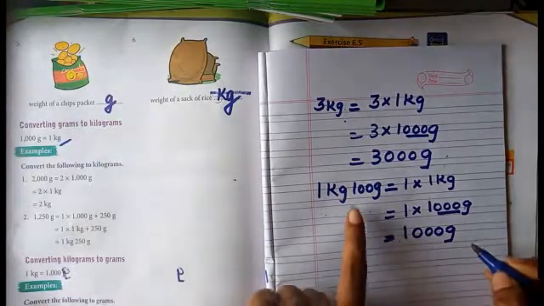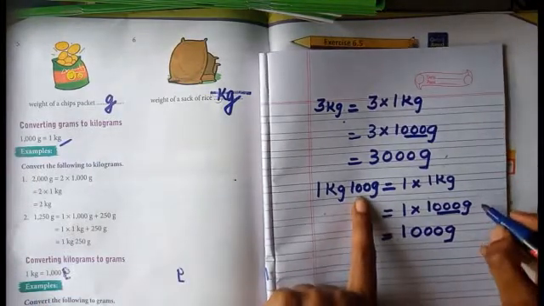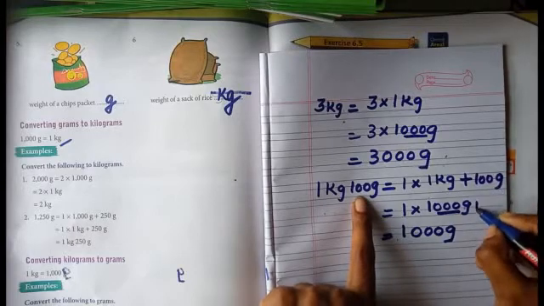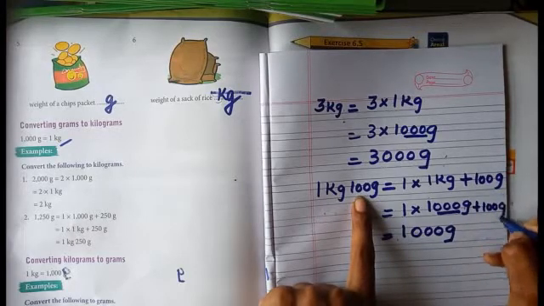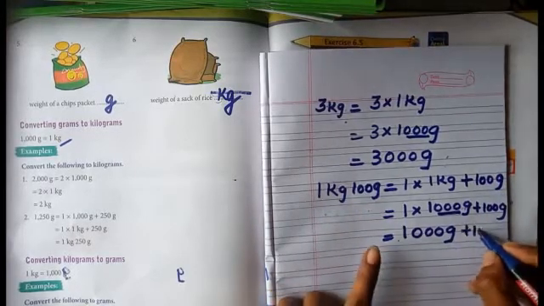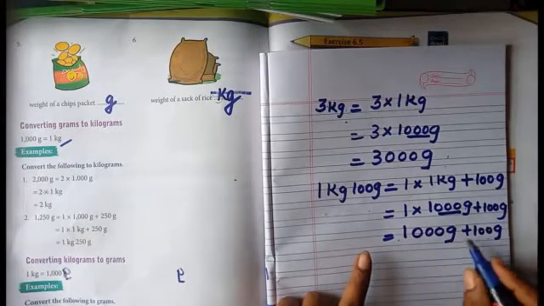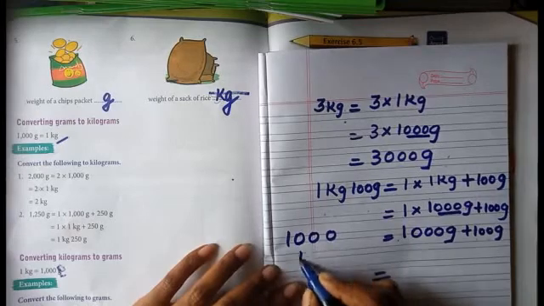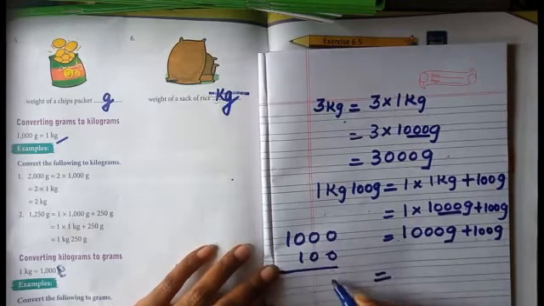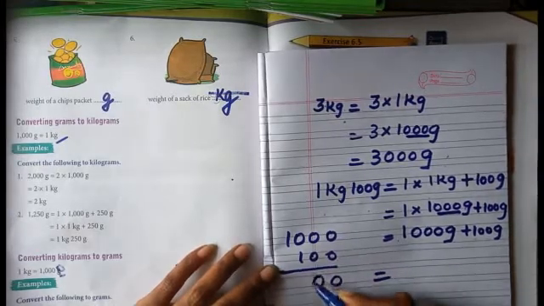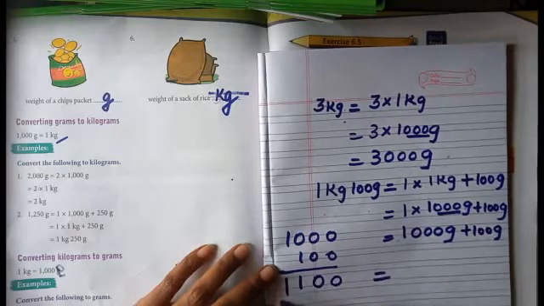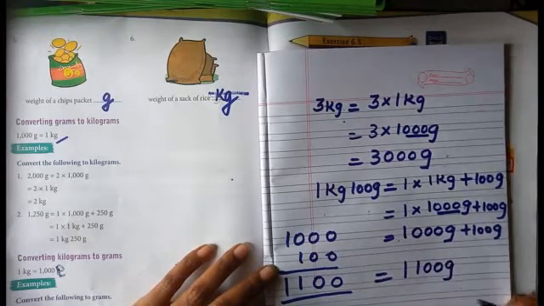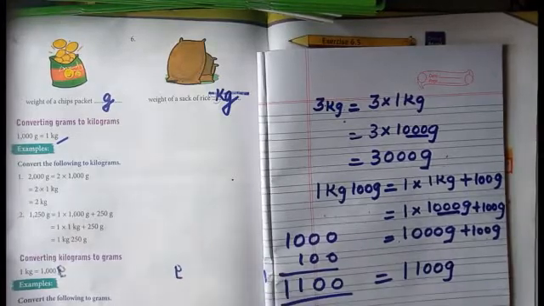So here 100 gram also there, right? So you have to add these 100 gram. So 1000 gram plus 100 gram. So here also gram, gram. So you have to add the both. 1000 then 100. 0 plus 0, 0. 0 plus 0, 0. 0 plus 1, 1. Then 1. So what is the answer here? 1100 gram. Okay, 1100 gram.